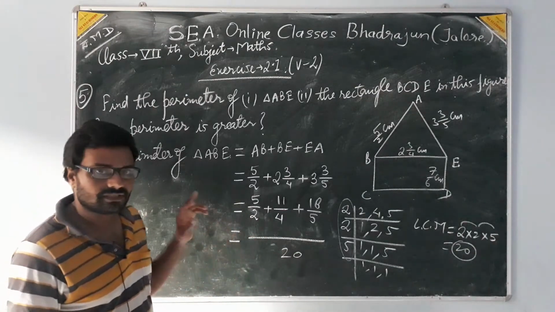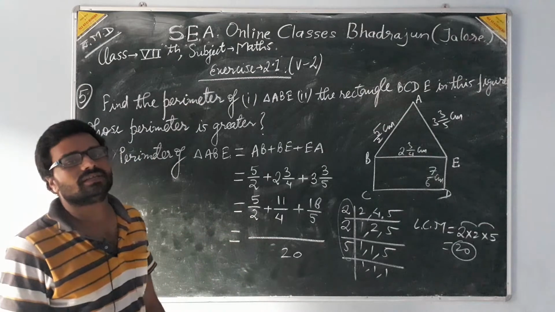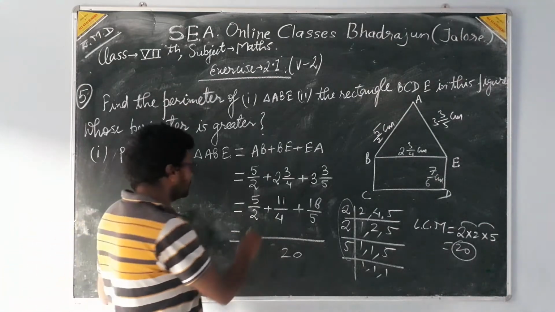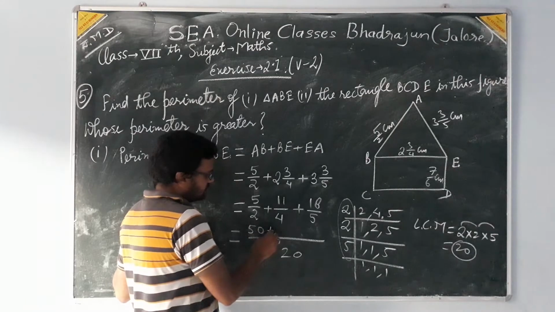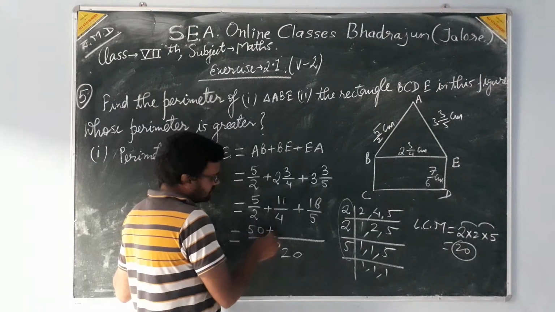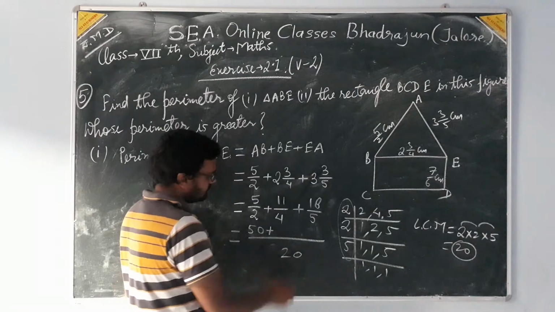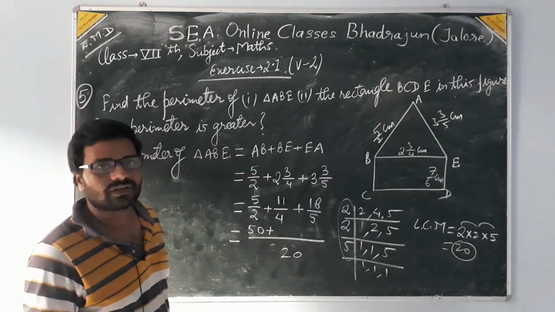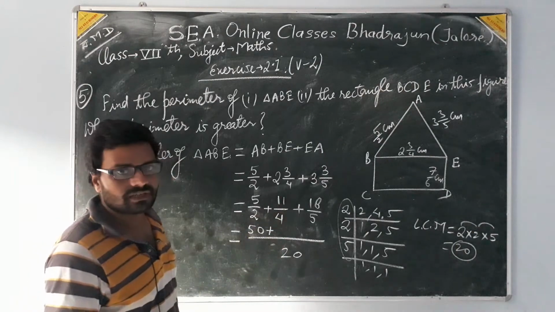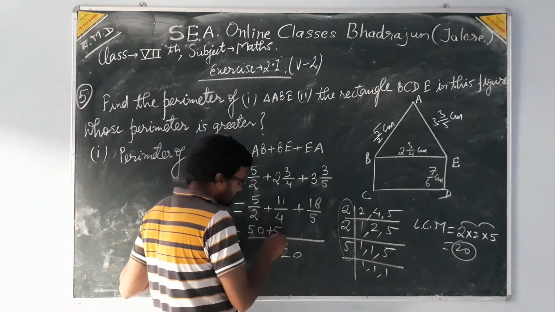Now we will multiply 10 by 5. Then what we will get is 5 tens are 50. So here we will get our 50, plus when our 20 is divided by 4, then what we will get is 5. 4 fives are 20. 5 multiplied with 11, what we will get is 55.